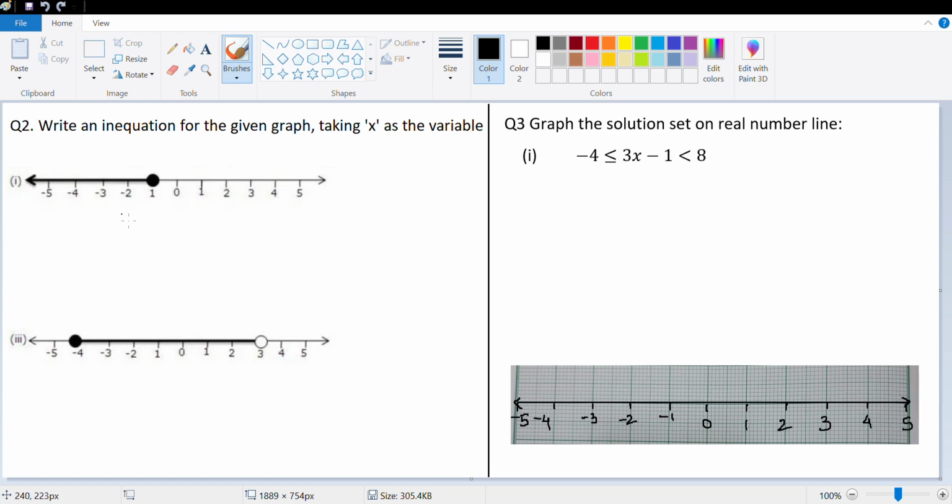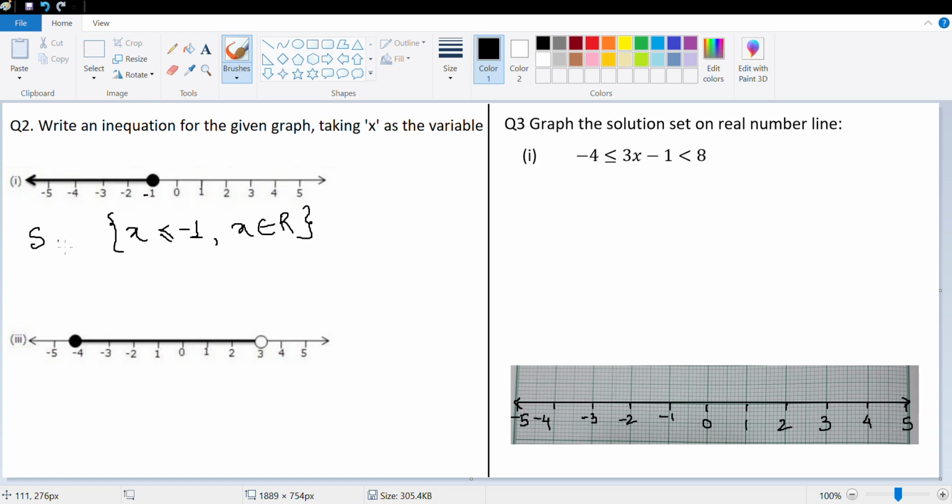So in this one, I noticed that x, why is this 1? This should be negative 1. Wrong diagram that I've put. There is a 1 here, there is a 1 here, this should have been negative 1. Anyway, so x is less than negative 1, but is x equal to negative 1? Yes, x is also equal to negative 1 because I have a filled circle on negative 1, which means x is less than or equal to negative 1 and x belongs to R because this is a straight line.